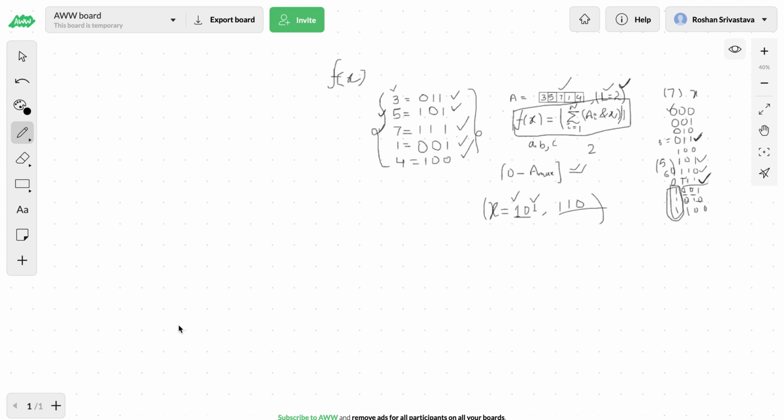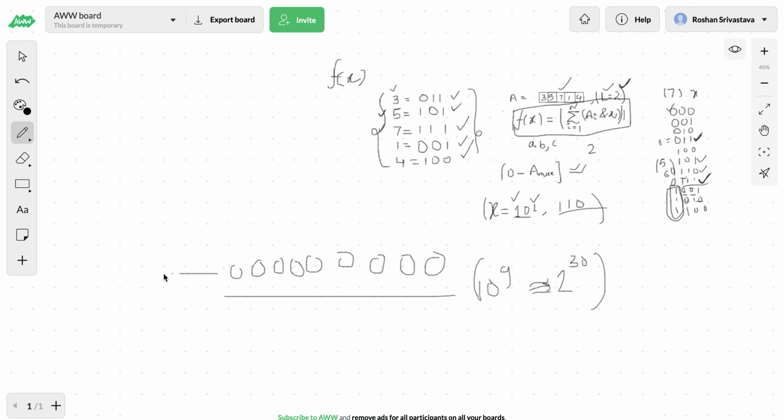What we are going to do greedily is try all the positions from the leftmost bit to the rightmost, or from the rightmost bit to the leftmost. As we know that this x can be as big as 10 raised to the power 9, which means there can be as many as 30 bits. So this is equivalent to saying 10 raised to the power 9 is roughly 2 raised to the power 30. So we can try to build x for up to 30 digits, and set every bit one by one and see how much contribution each bit is going to give us. All right,